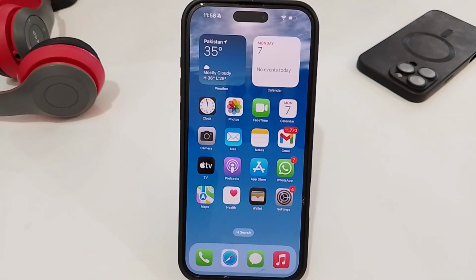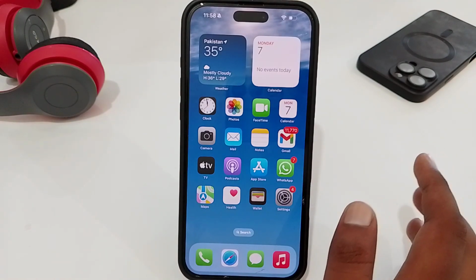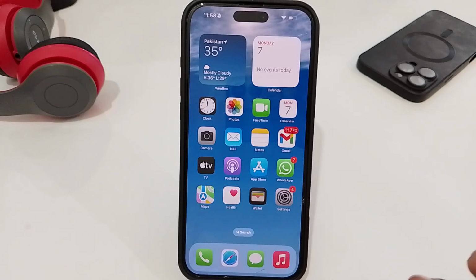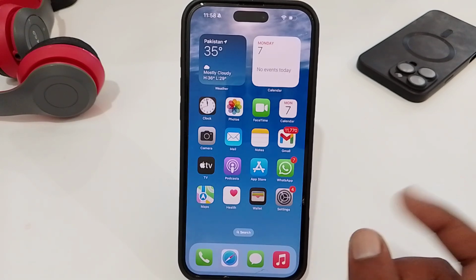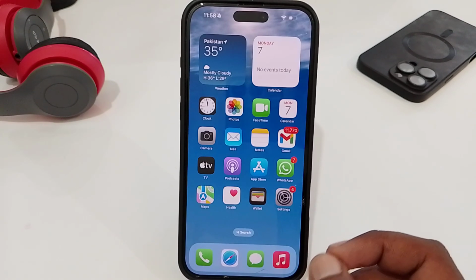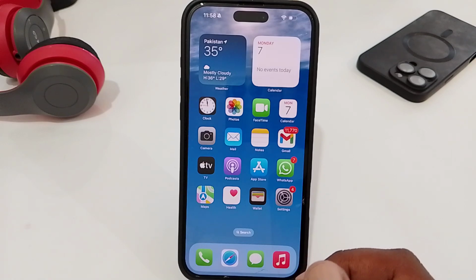So today I'm going to tell you how to install apps on iPhone 14, 14 Pro or 14 Pro Max or any model of your iPhone. So let's do this. First, you have to make sure that you are connected to a stable Wi-Fi or cellular